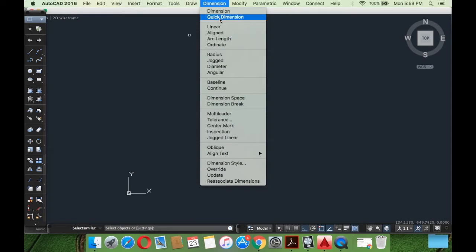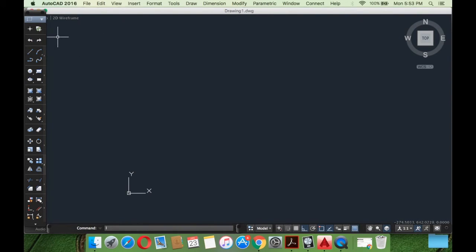Quick dimension doesn't actually show you the value. It doesn't actually print the value onto the screen. It just shows you and disappears. That's why quick dimension. The third one that we can see, that's more specific, is linear measurement. Now, what's linear measurement? Suppose I